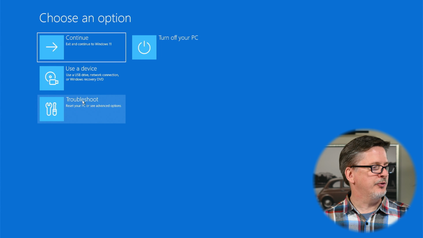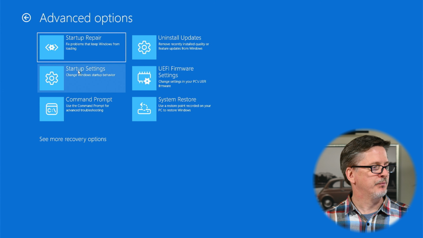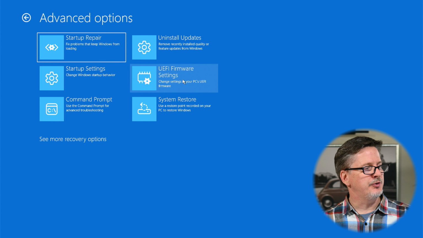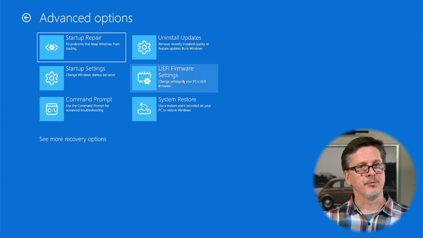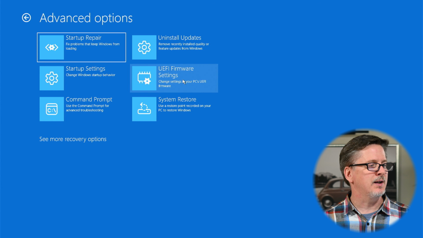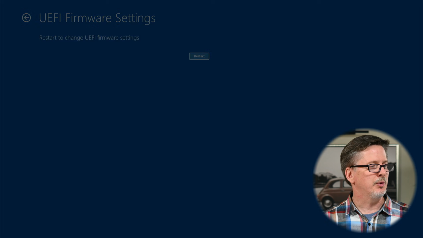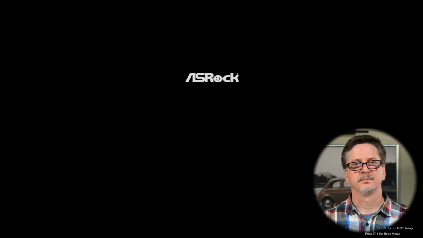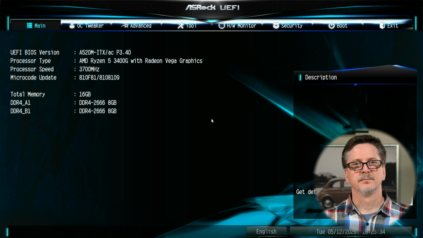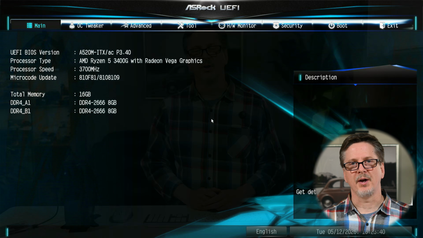So what we're going to do is select Troubleshoot, and then Advanced Options, and then go where it says UEFI Firmware Settings. UEFI Firmware, that is essentially your BIOS. So if we select that, it's automatically going to reboot your computer back to the BIOS. We just hit Restart, and here we go. And so there we are. After restarting, we're back in our BIOS. So like I say, that method, although it takes a little bit longer and requires a bit more clicking around,